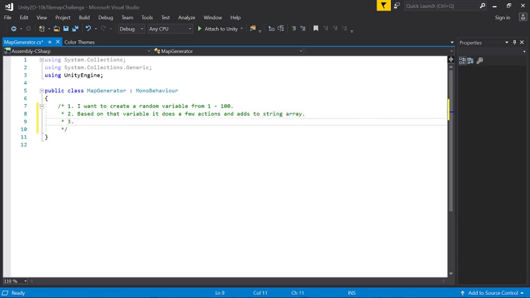Then I would like to create a tilemap. Actually, no, this needs to be a lot more complicated. So on that random variable, let's say if random variable is